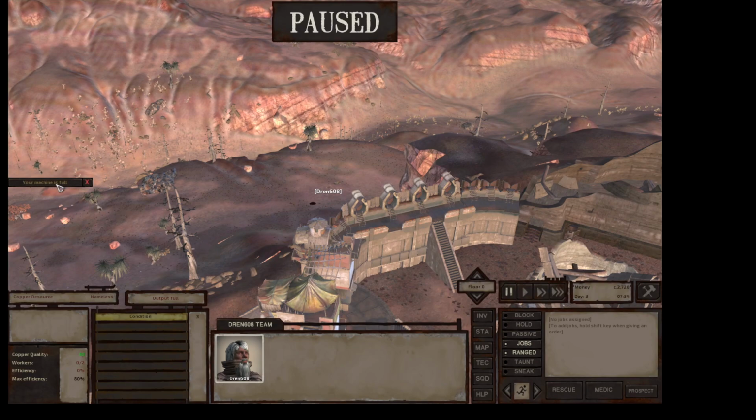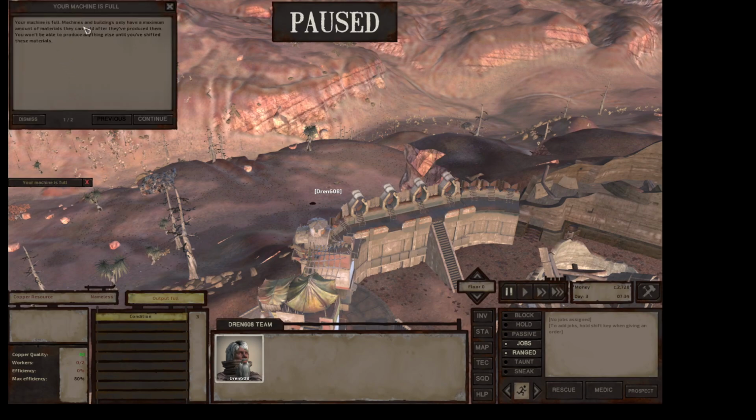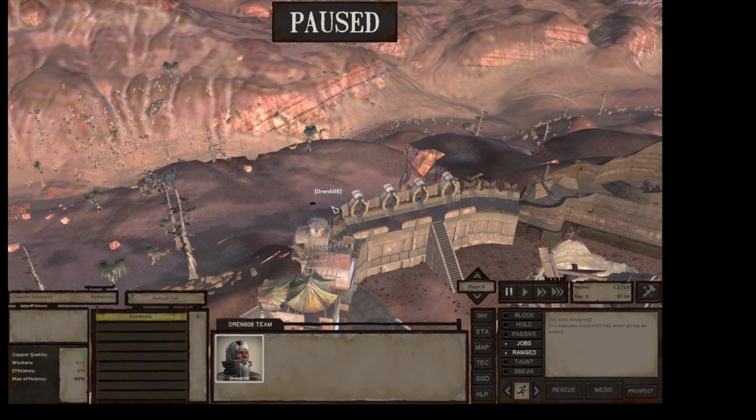Your machine is full. Machines and buildings only have a maximum amount of materials they can hold after they've produced them. You won't be able to produce anything else until you've shifted these materials. Build storage boxes to hold excess materials,